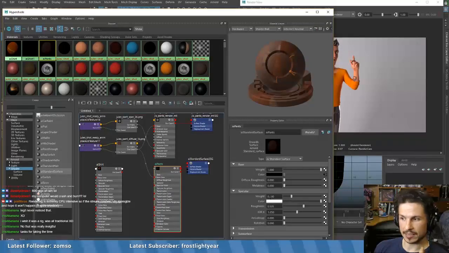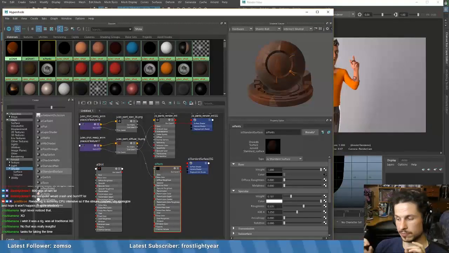Is it going to be the weight, the actual brightness of the shines, or is it going to be the roughness, which is basically how tight the shines will be? Now in this case, I think it's going to be under the weight, so the actual brightness of